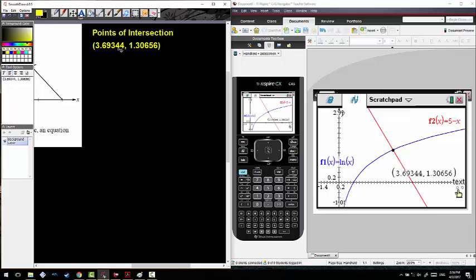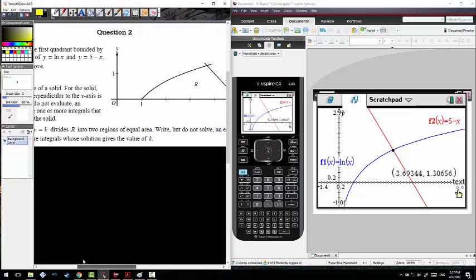Okay, so we found the points of intersection. I think this is going to be really important information later on in this problem. So as I move through this, I'm going to reposition these. I'm going to call this M, and I'm going to call this N, just so that I can move a little bit faster. Now, if I'm going to find the area of R, like the problem's actually asking me to do,